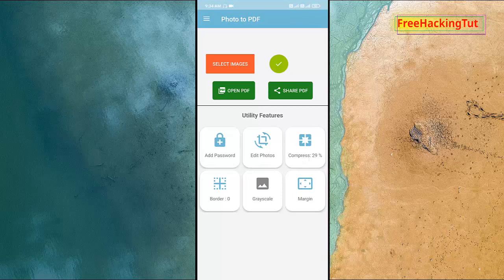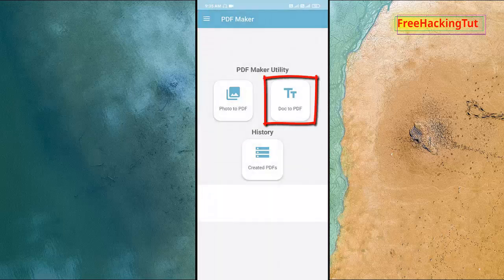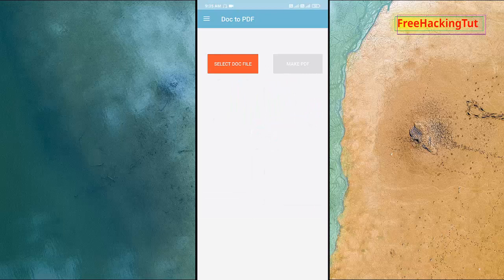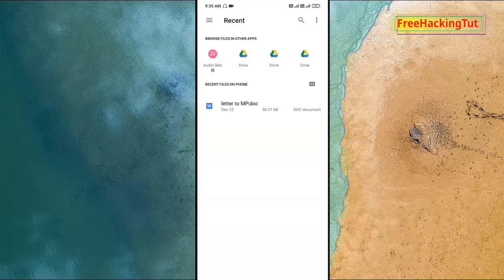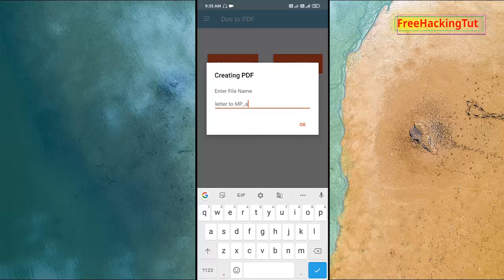Like the same way, you can also convert document file into PDF. Go to home page again by tapping on menu and home, and tap on second options, doc to PDF. To select the document file from your mobile storage, select doc file and select the document file and tap on make PDF, tap OK,